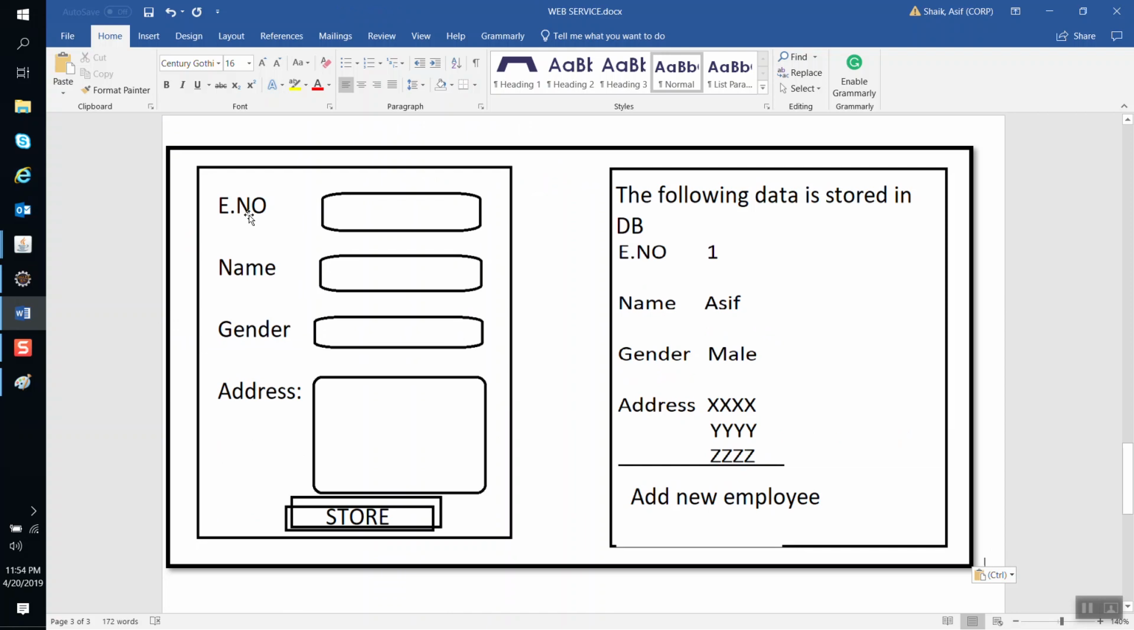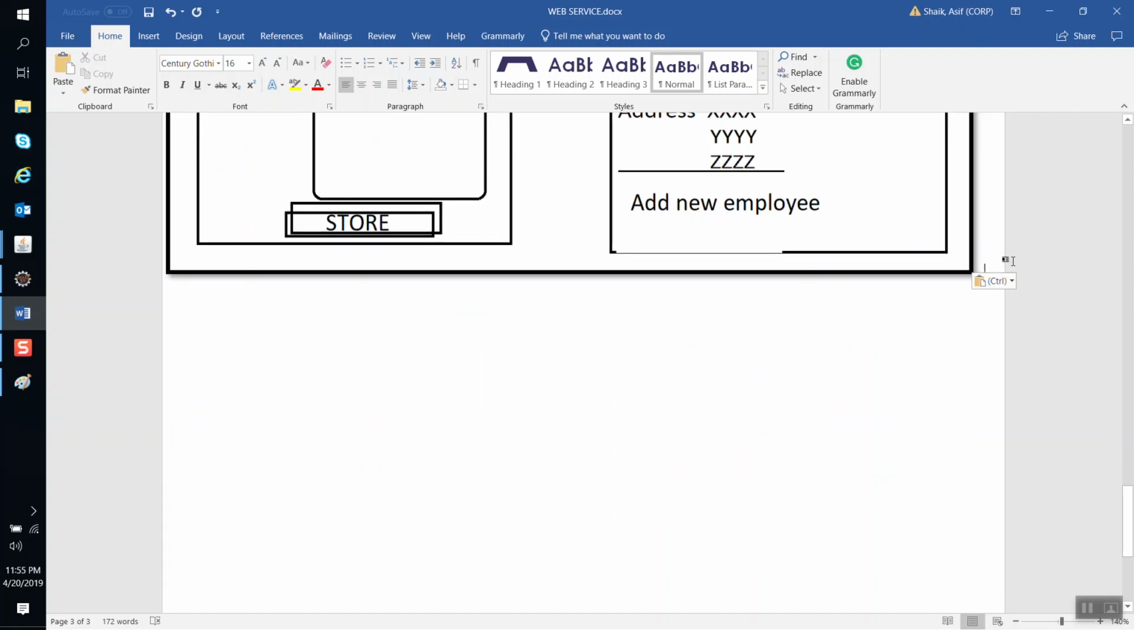The form where the client or the user is going to enter all this data, and when you click store, it's going to get the data. All this data should get stored inside the database, and it should display one more form with this information. Okay, so to implement the above